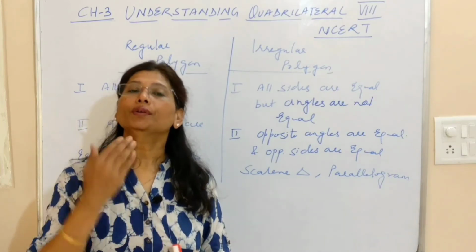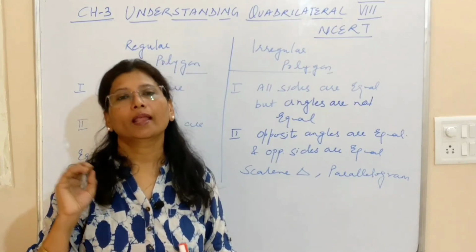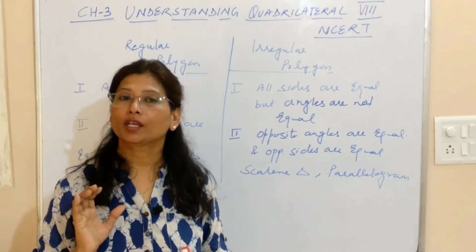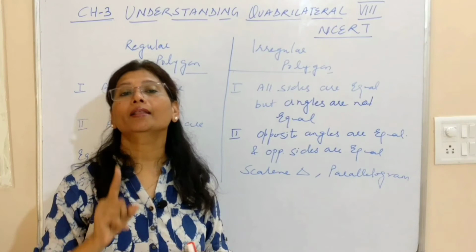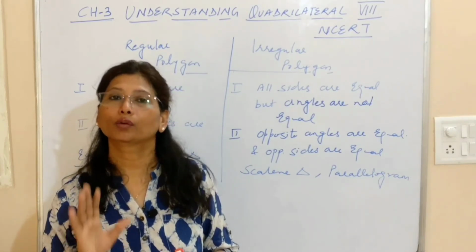Okay. Moving to the next, if we think about a quadrilateral, or a polygon with four sides, then what can it be? It is a square. It has all four sides equal and all angles equal. So the equilateral triangle and the square are regular polygons. That is your 1 marker question.